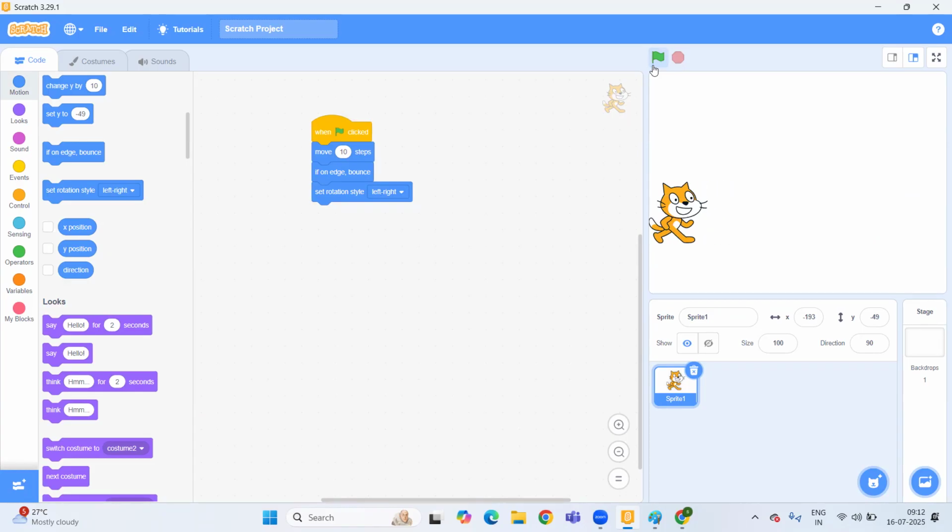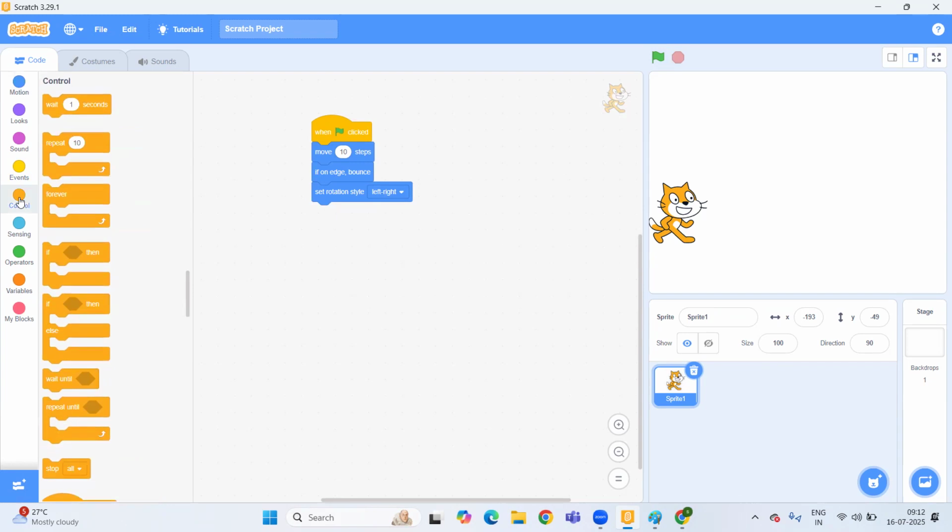And if I want our cat to work continuously in the same way, what is the code for that? We have control, and under control we have two things: repeat and forever.